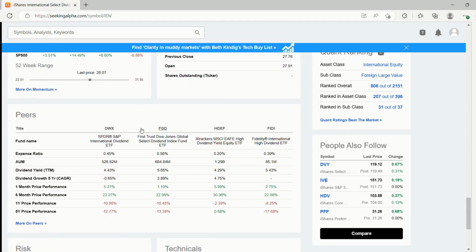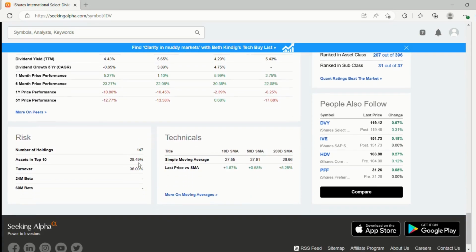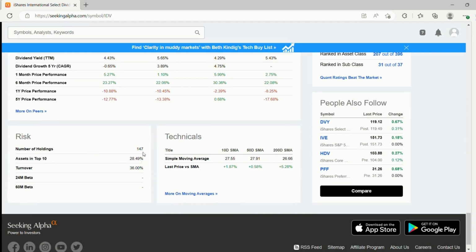Taking a look at some of the peers of IDV, you've got the Spider S&P International Dividend ETF, a high dividend yield equity ETF from MSCI, and Fidelity's international high dividend ETF. The expense ratios on all of those products are slightly lower than IDV. The assets under management on all of those are significantly lower. So IDV is the largest international high dividend yield ETF. The dividend yield on IDV is the highest among its peers. However, the peers I just listed have performed better in terms of price performance over the last 5 years than IDV has. Again, 147 holdings here for IDV,